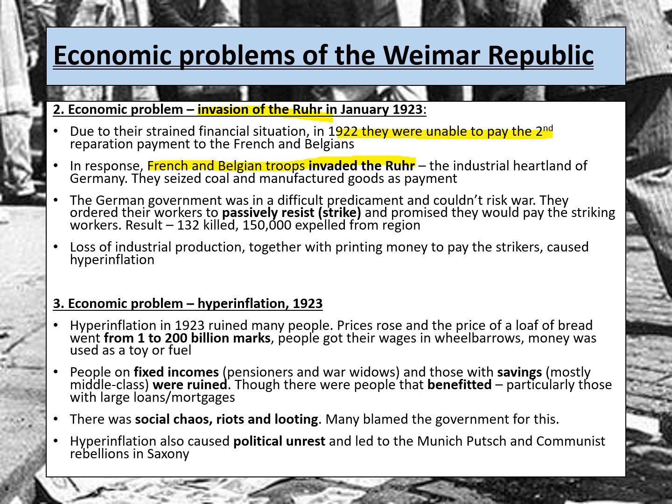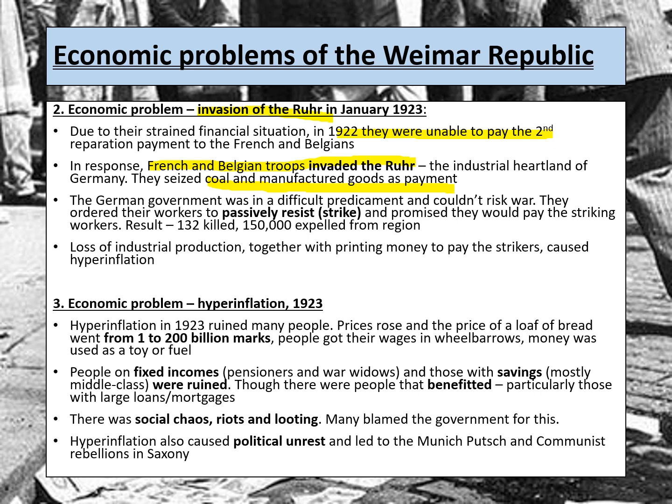The Ruhr was an industrial heartland of Germany, and remember that the Germans were paying their reparations largely through gold and goods. So we know that basically in the Treaty of Versailles, it had stated as a clause that if the Germans had failed to pay their reparations themselves, the French and Belgian troops had the right to invade the Ruhr, to take it and seize it themselves. And so whilst the French were in the Ruhr, they were seizing things like coal and manufactured goods as payment for reparations. Now, of course, this was incredibly unpopular in Germany.